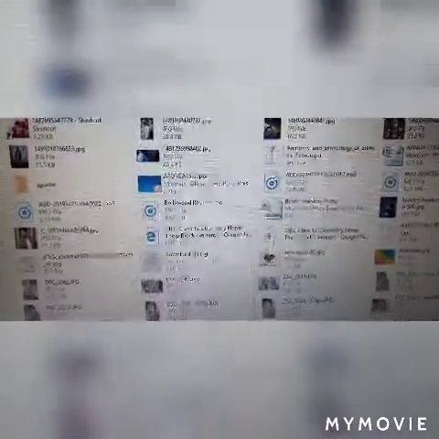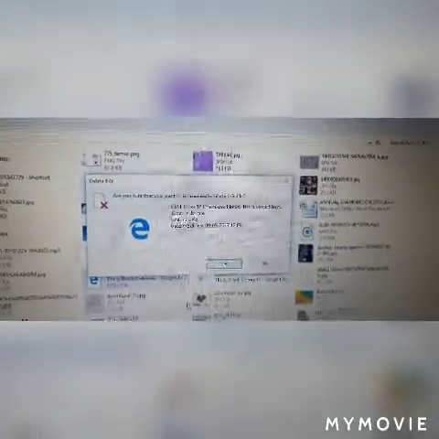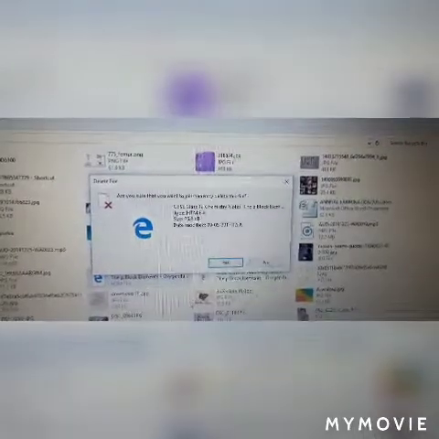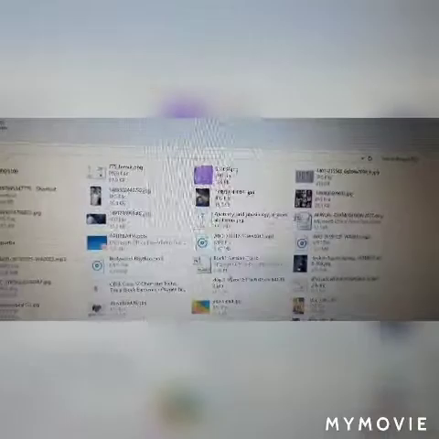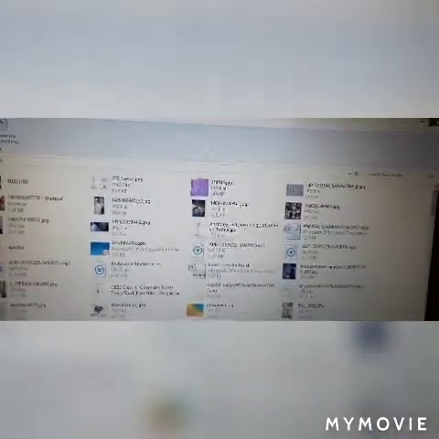Now you could see over here it is written CBSE Class 12 Chemistry Note. So what we will do now, we will select that and press the right mouse button. And you can see three options are present: Restore, Cut and Delete. Now click on the Delete option. Now a dialog box has opened: Are you sure that you want to permanently delete this file? We will click on the Yes button. Now this file has been permanently deleted from the computer.